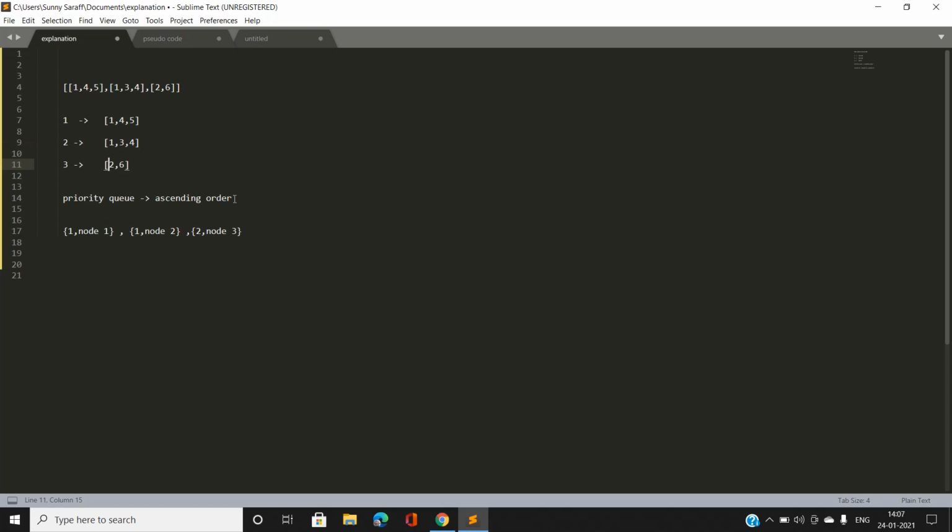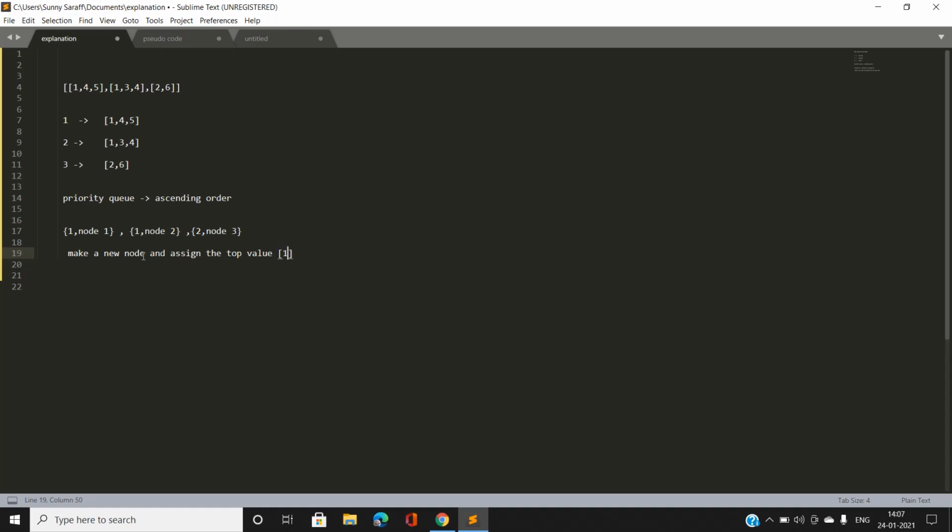Since the priority queue is sorted in ascending order, the pairs of values and nodes will automatically get sorted. So 1 will come to the top, again 1, and then 2 beneath. We will pop the first element, and since it is the minimum element, I'm going to make a new node and assign the top value, 1, to our linked list.